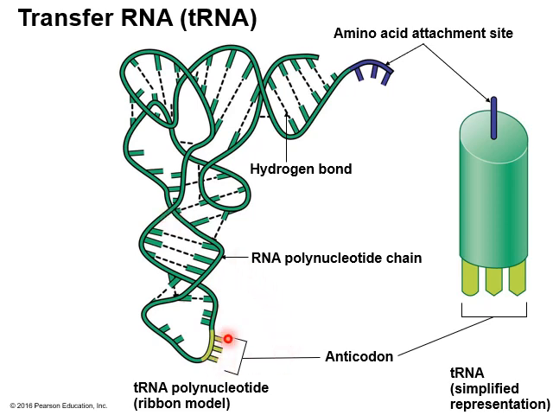The transfer RNA that has GGG is the only one that is going to be able to line up with it and bind to that specific messenger RNA. So this is what's known as the anticodon, because it is the opposite of the codons of messenger RNA. And then on the other side, we have the amino acid attachment site. Right, so this is where those various amino acids like methionine or tryptophan or arginine are